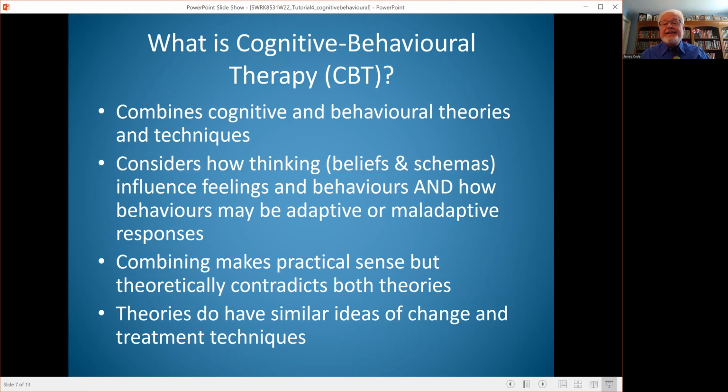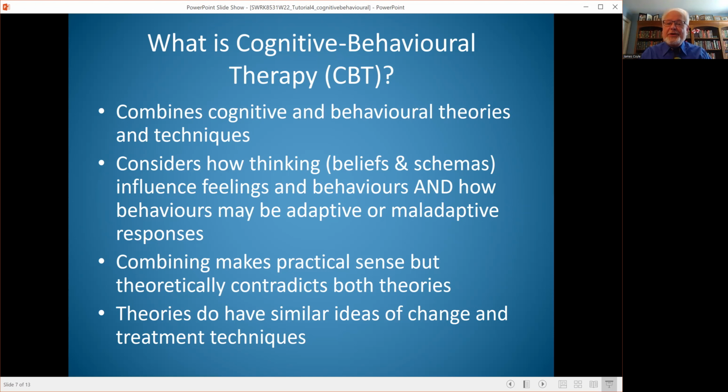Now, if we take cognitive therapy and behavioral therapy and we put them together, that's where we get cognitive behavioral therapy. It combines the two theories. So it considers how thinking influences your feelings and behaviors and how behaviors may be adaptive or maladaptive. Now, this makes a lot of practical sense, and I'm going to give an example in a moment, but it